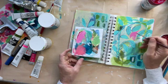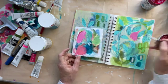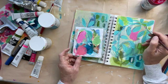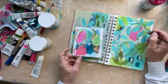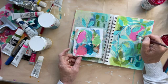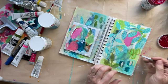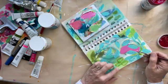I was thinking I'd stay in the blues and greens, but it's just not working for me. So let's see. This is acrylic I'm using. I'm also wanting to practice, I signed up for Melanie Morris's, if you don't know her florals, oh my God, they're delicious, I signed up for her Fearless Florals class, and she does a lot of overpainting,